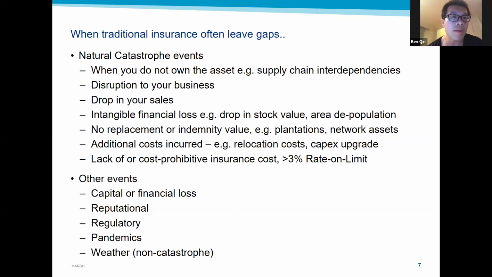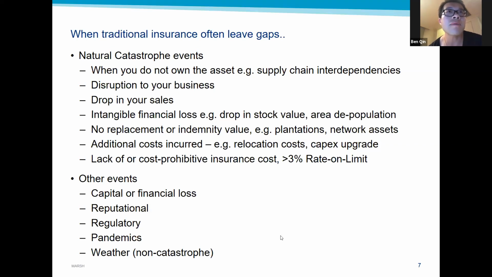Like to give an example, the first one we're talking about when you don't own an asset, right? When you're not insured interest to a particular asset, you don't really have the indemnity of whether that asset gets damaged, and that's linked back to your economic loss, right? There is no correlation of that. I think supply chains, right? I think